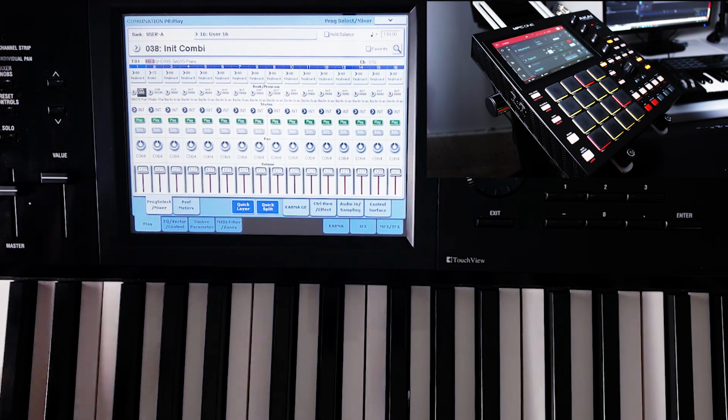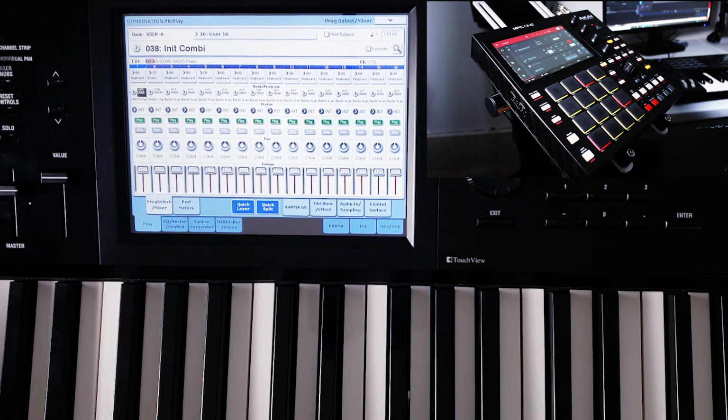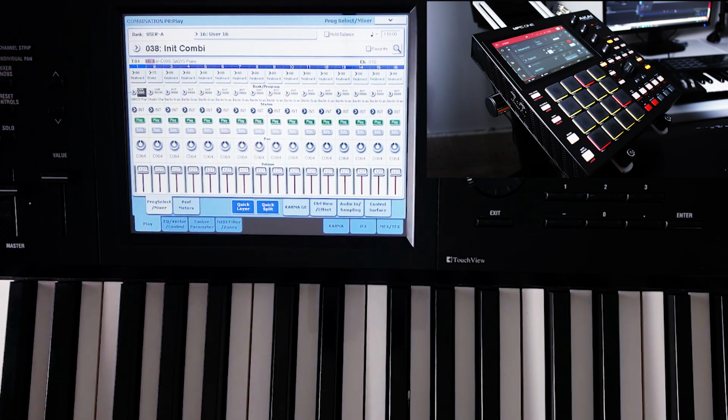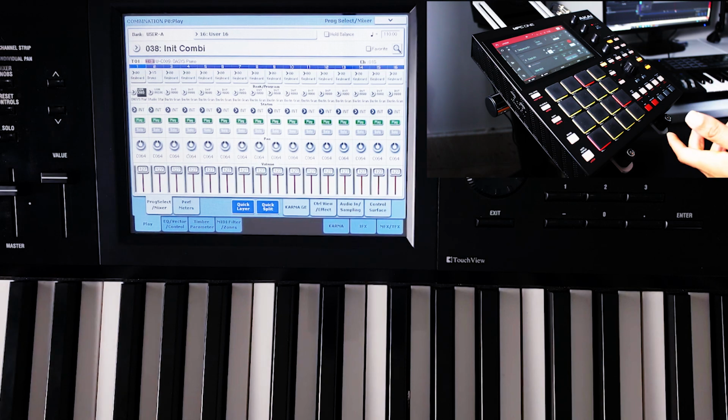So right now I do have this set up to record, and I just have it connected via a USB cable. The USB cable is coming out of here, going into the MPC One, and it's set up to record MIDI. But what I want to say here is a lot of times when people think of the MPC One, they think of